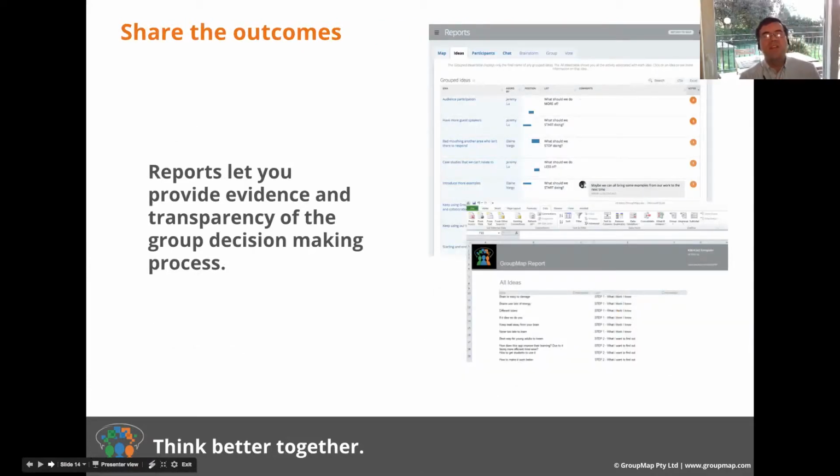And finally, you can share the outcomes at the end, and this is also an advantage of a group decision support system, to have the group process documented at the end of the workshop. So you see who said what, who participated, what kinds of comments were produced. This is all very straightforward. If you use GroupMap, you have a set of reports in the end you can share with all the participants.